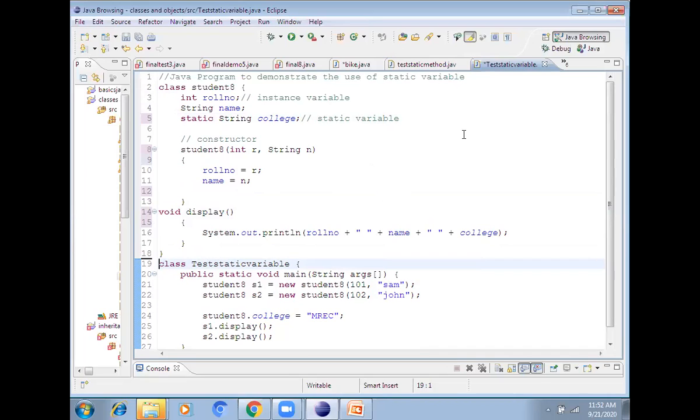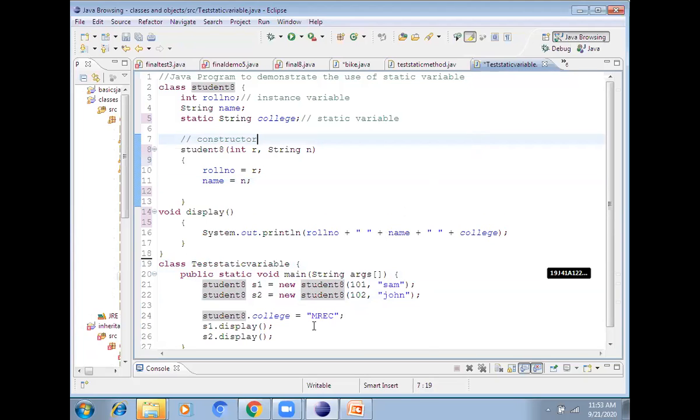Static and instance variable difference you should know. Static variables are the variables which will get memory only once, and static variables and static methods are called through the class itself, not through the object. So remember this point, this is very important. That is the reason here you have given public static void main. Static is given here, why? Because the main method is not called through the object. Because main is called without linking with the object. You are not calling it through the object.